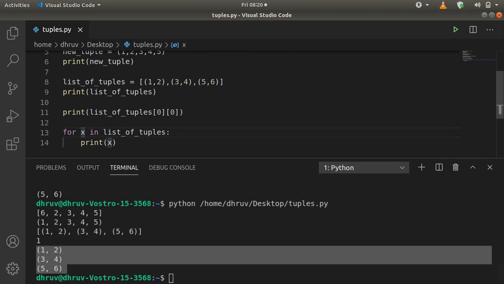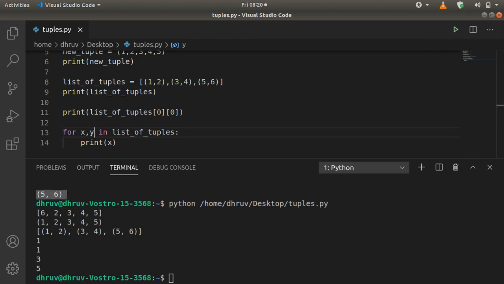But if we want a particular value inside of the tuple, then we can say something like for x comma y in list of tuples, print x. So it is going to print the first values inside of the tuple. So here you can see 1, 3 and 5. This is basically called tuple unpacking.